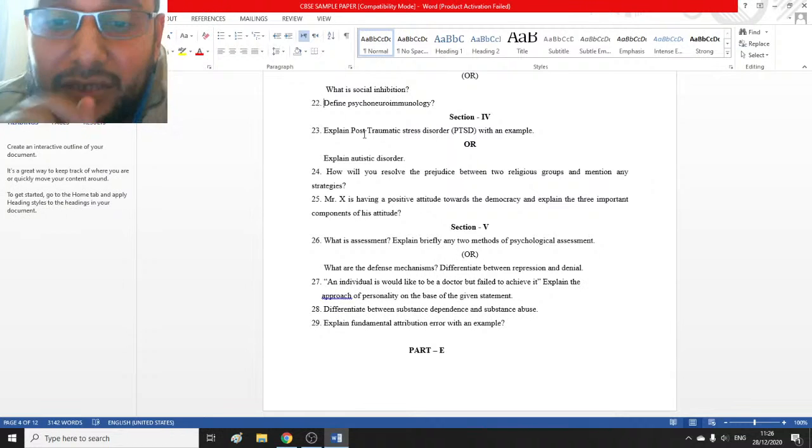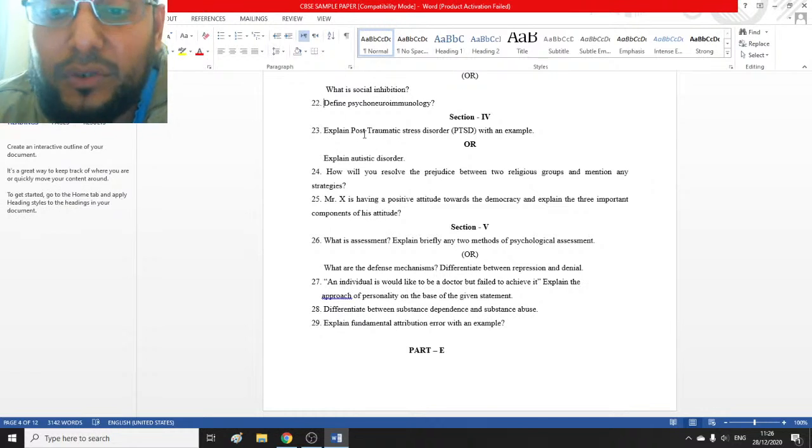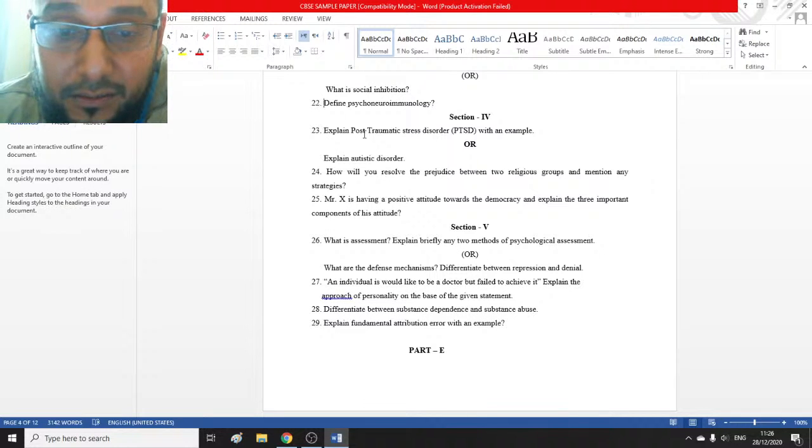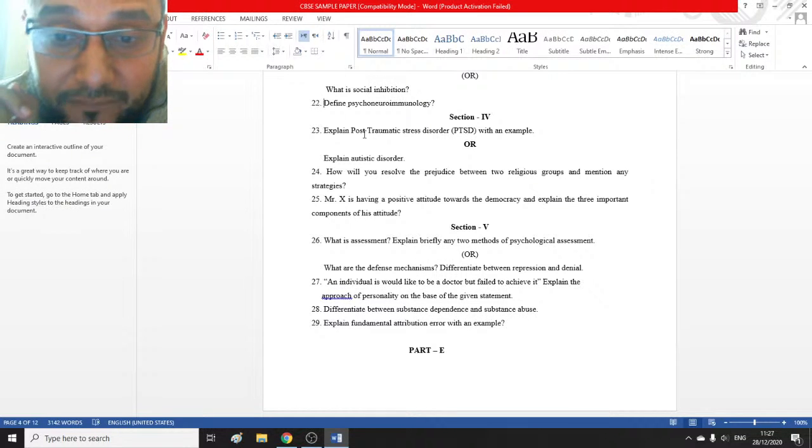Now, a person who has a positive attitude towards democracy will move and cast his vote, and he will understand the value of the vote, you see, his action. He will not sell his vote, most probably. So these are the actions we can notice in the behavior of the person. So this is question number 20. I'm just giving a brief explanation for each question, my children.